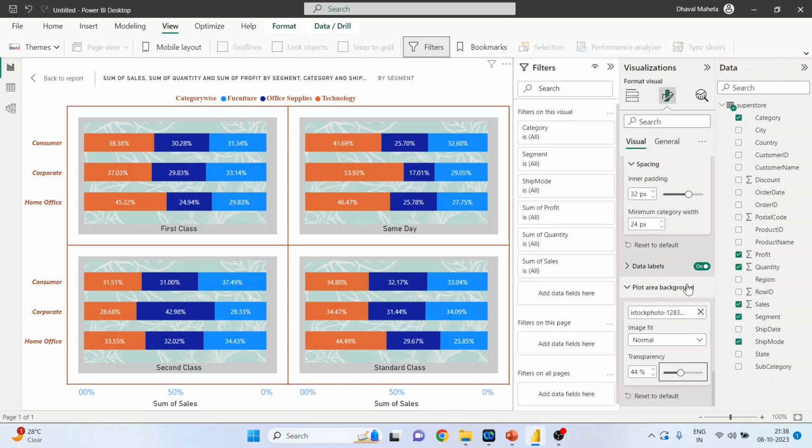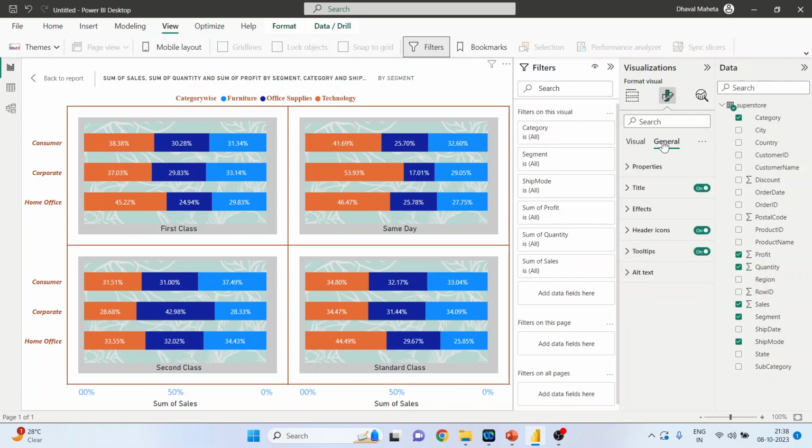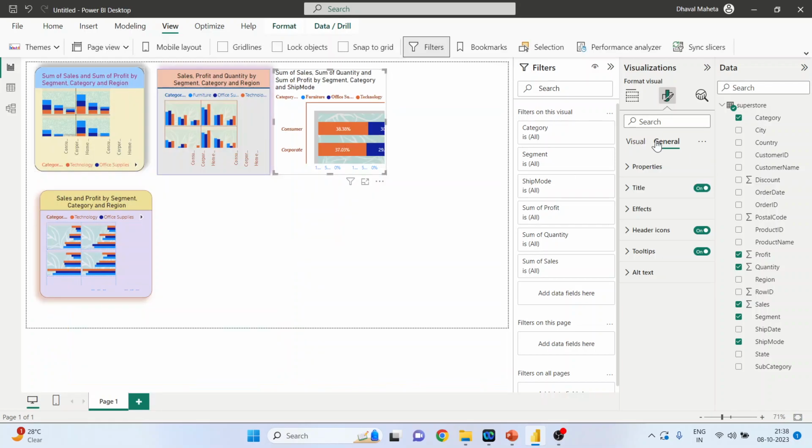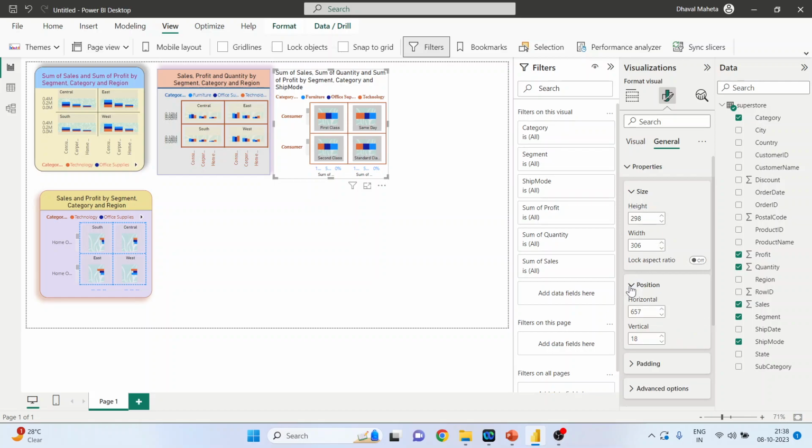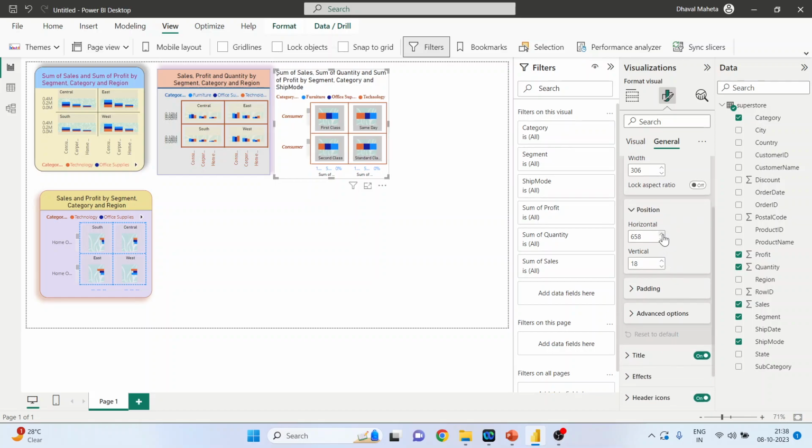Now we will go into the general setting. Click on general. Back to report. Properties. By changing this number, the height will change. See this. The width will be changing. Activate the position. The chart will shift horizontally on right hand side, vertically,